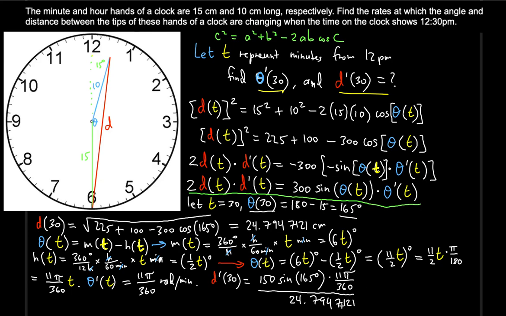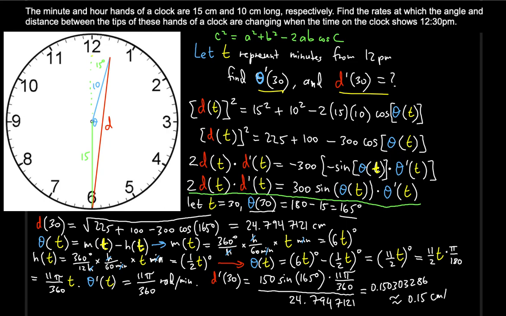All right, and if you do this carefully using your calculator, the answer that you should get is 0.150303286, which, rounded to 2 decimal places, is 0.15